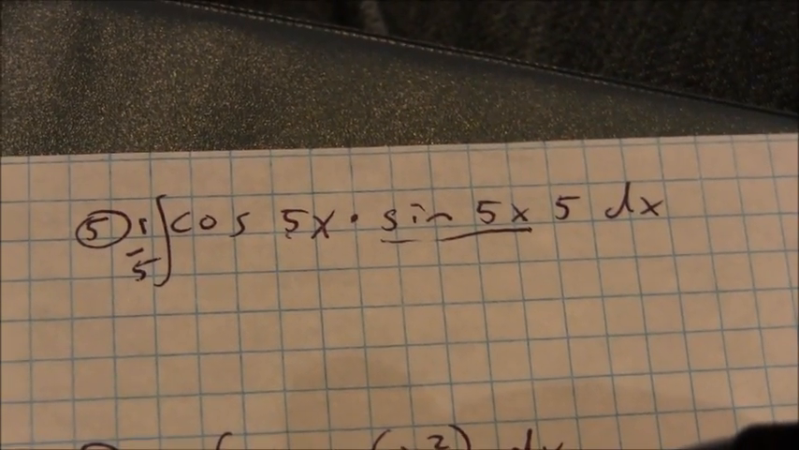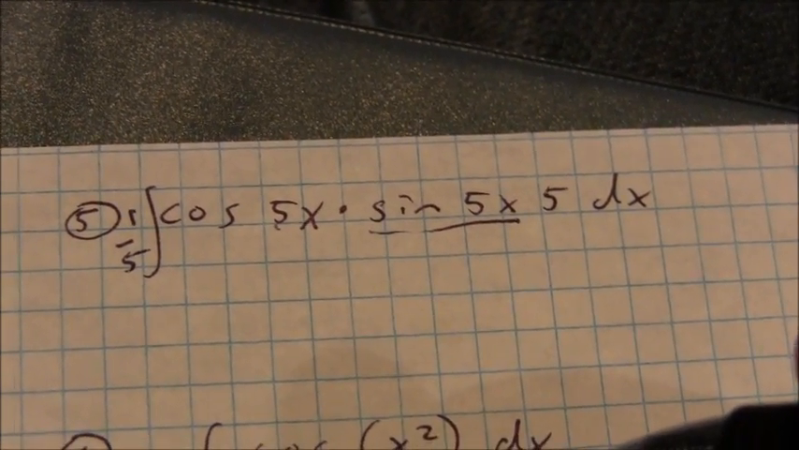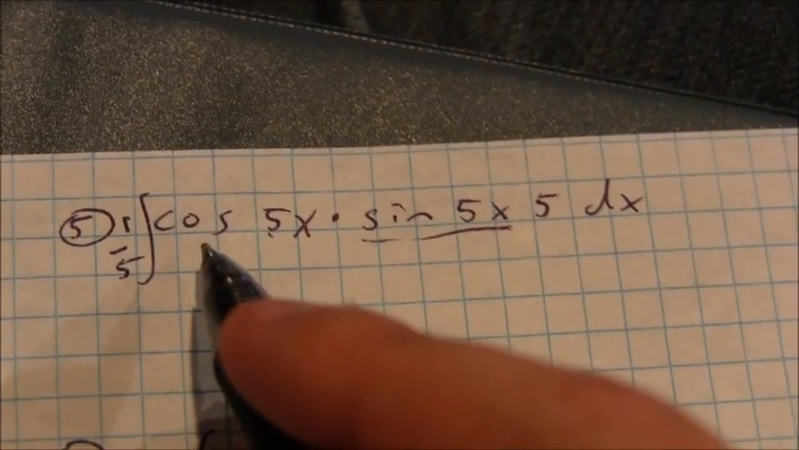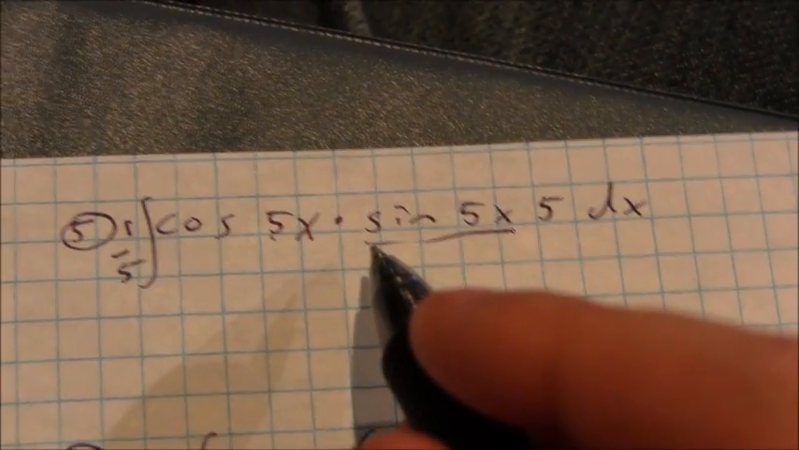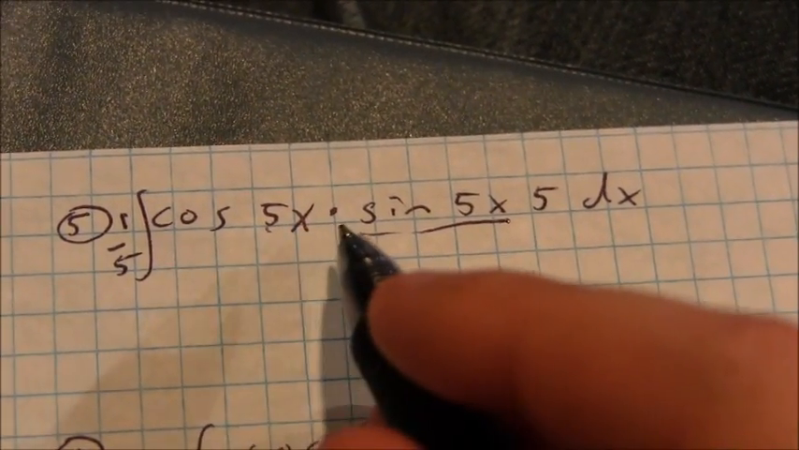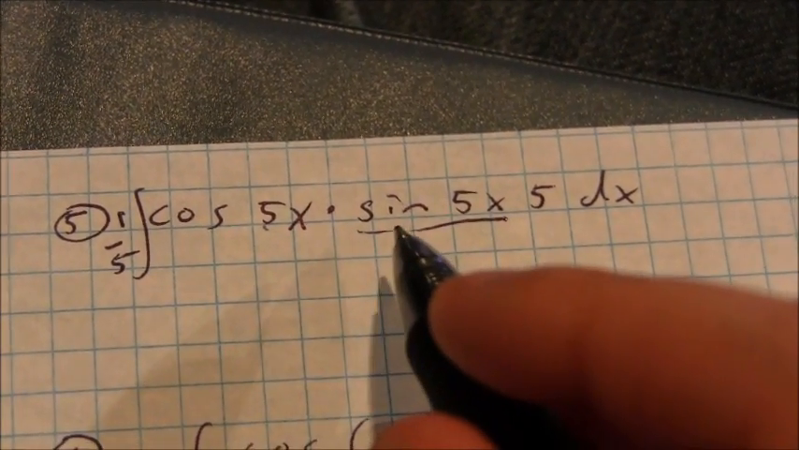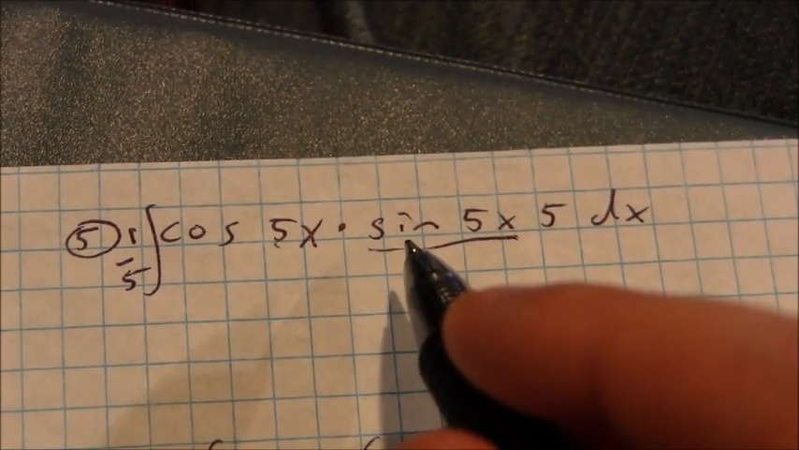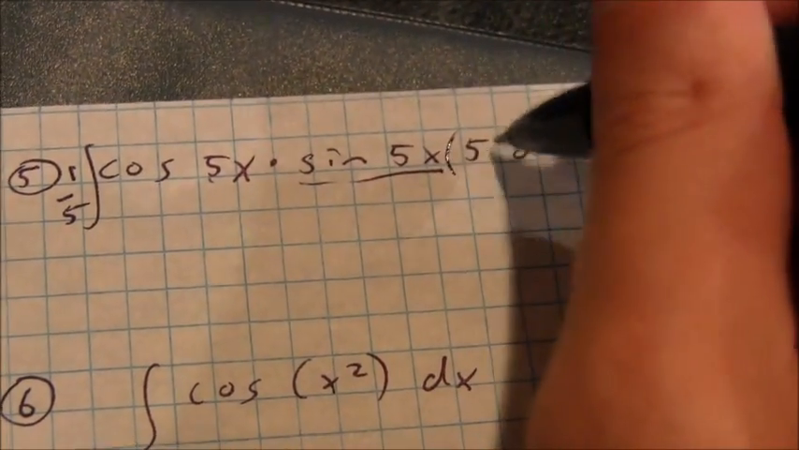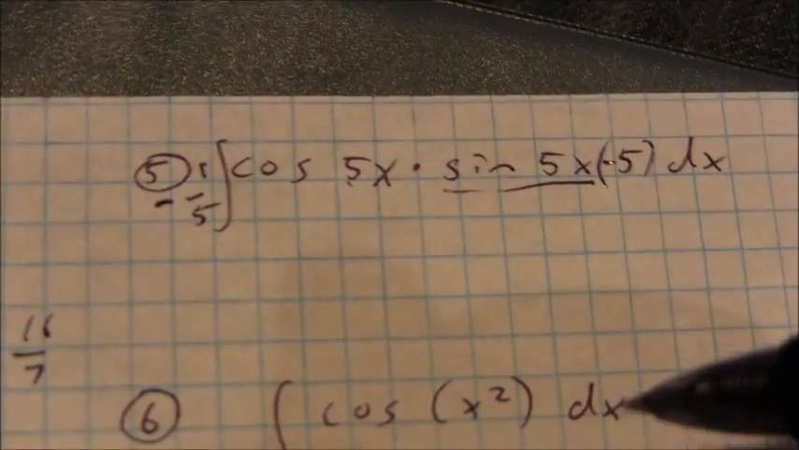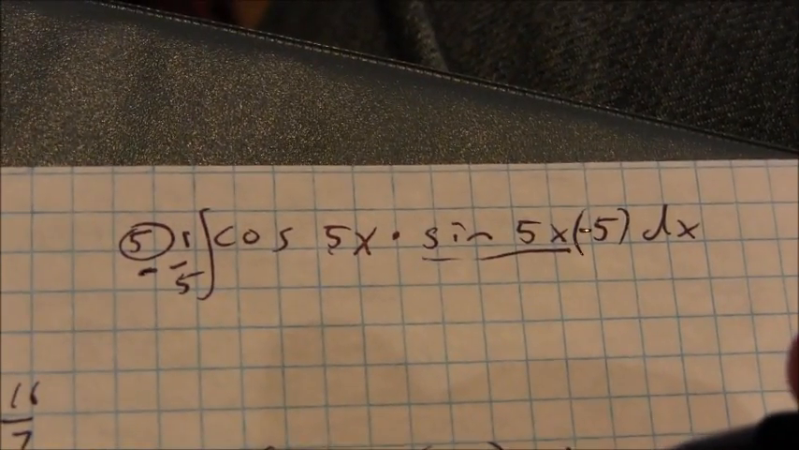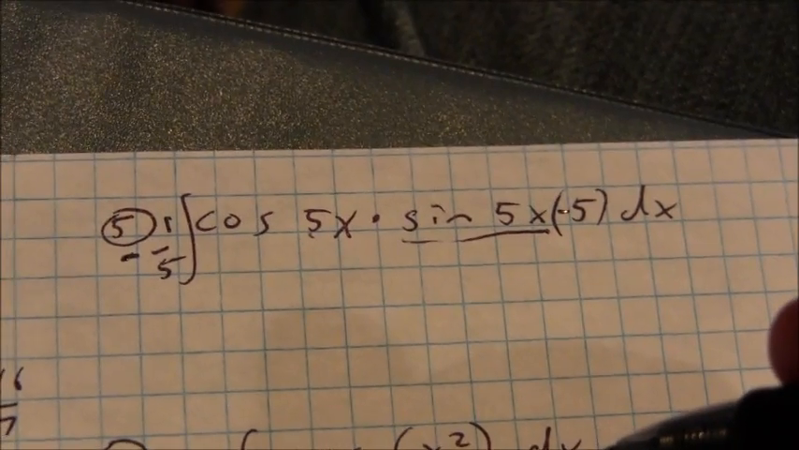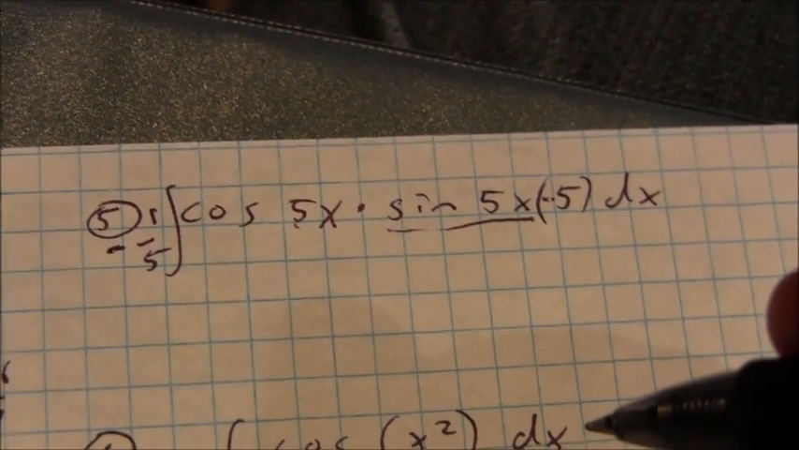Second of all, the derivative of cosine x is negative sine of x, or in this case, the derivative of cosine of 5x is negative 5 sine of 5x. So really I need a negative 5 here, and I need to balance that with a negative 1/5. Okay? Again, because I have that sine as a derivative of an inside function,